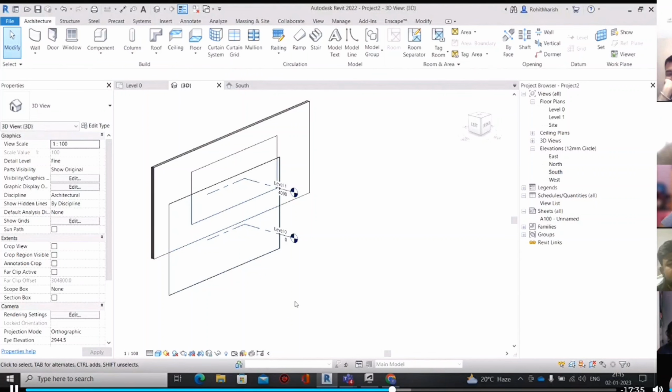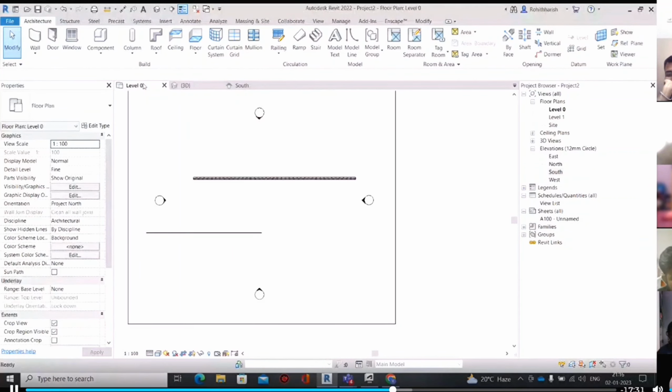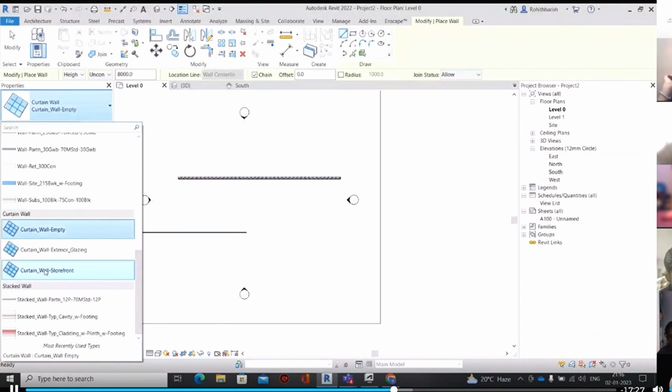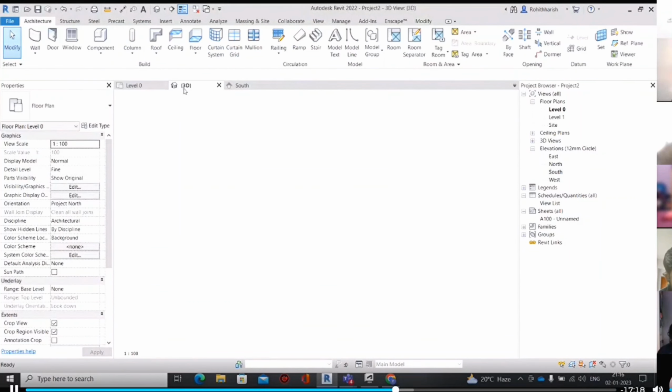Okay. Then the next thing that you have here is your curtain wall exterior glazing. If I select this exterior glazing and create it right here, and if I just go to 3D view,